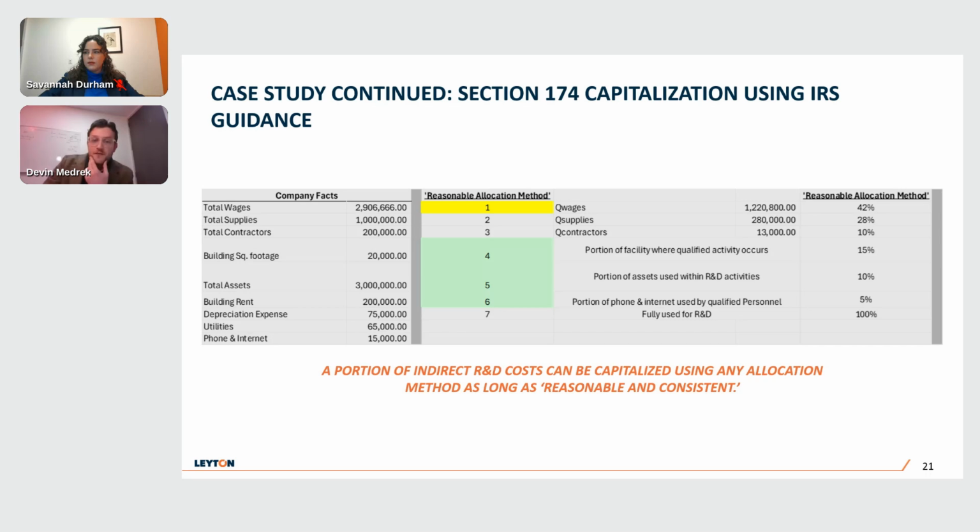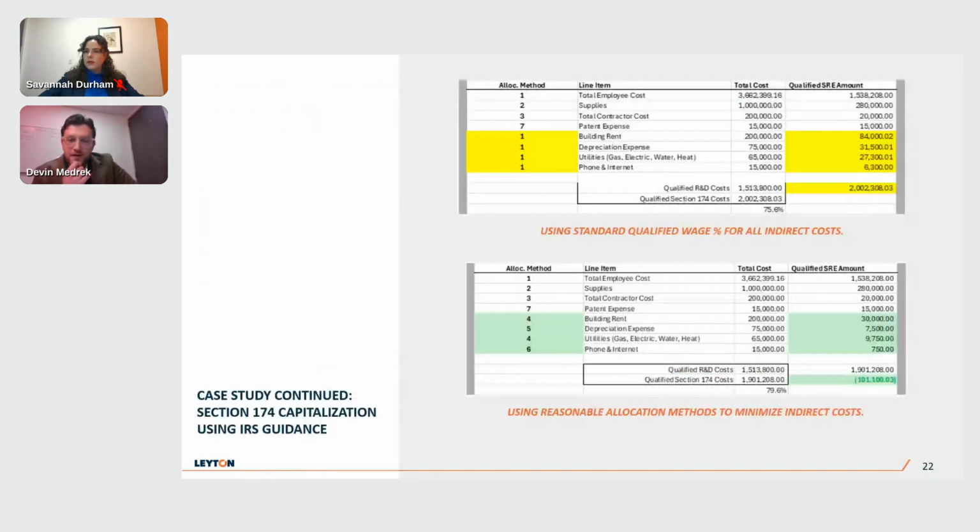Maybe the portion of assets, or the ratio of assets used in actual R&D compared to all assets owned, book cost wise, is only 10%. So we take these reasonable allocation methods and we'll go to what that looks like if we change what we're using here. So say we used the bad one, the generic 42% one for all these other line items, the